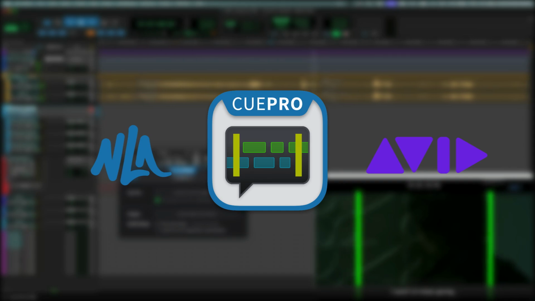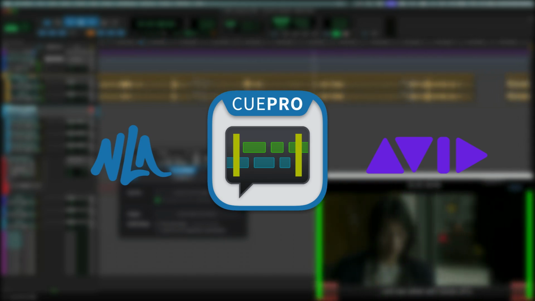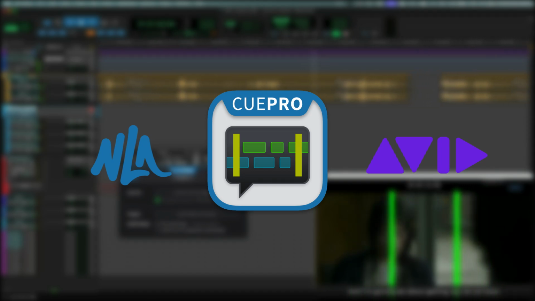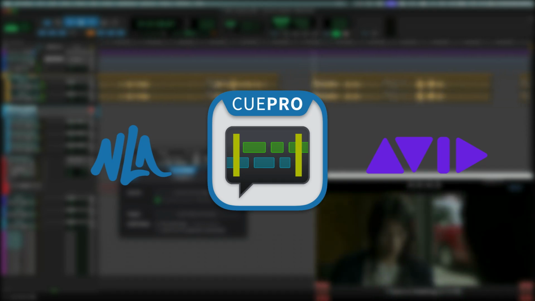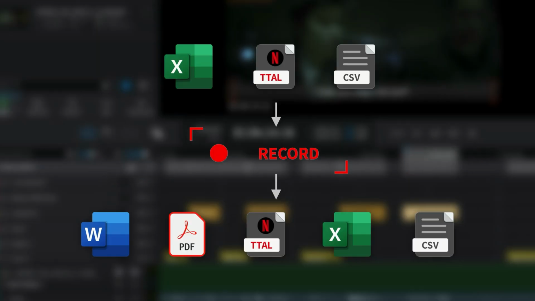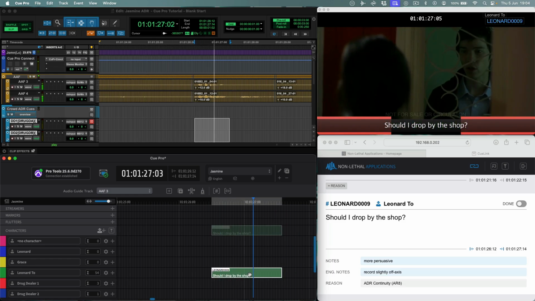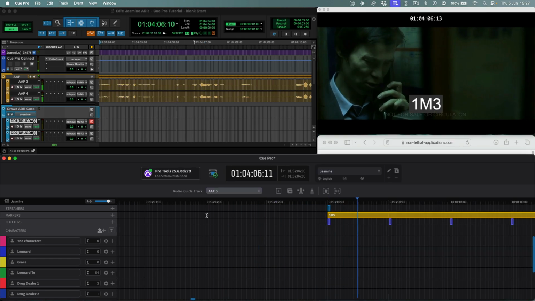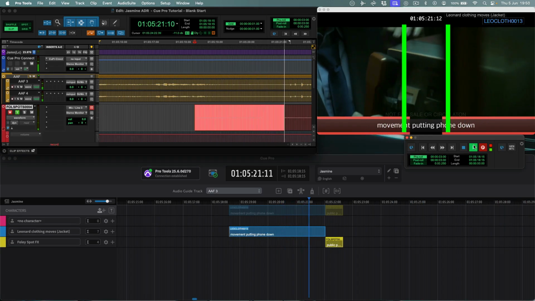CuePro by Non-Lethal Applications is the result of a close collaboration with Avid to deliver integrated ADR, foreign language dubbing, and Foley workflows, without the need for additional setup or separate project management. It offers advanced Cue Import, creation, sharing, and export options, and adds live ADR Cue overlays directly to the Pro Tools video output. It also delivers streamer, marker, and flutter overlays for composers and uses in other areas of sound